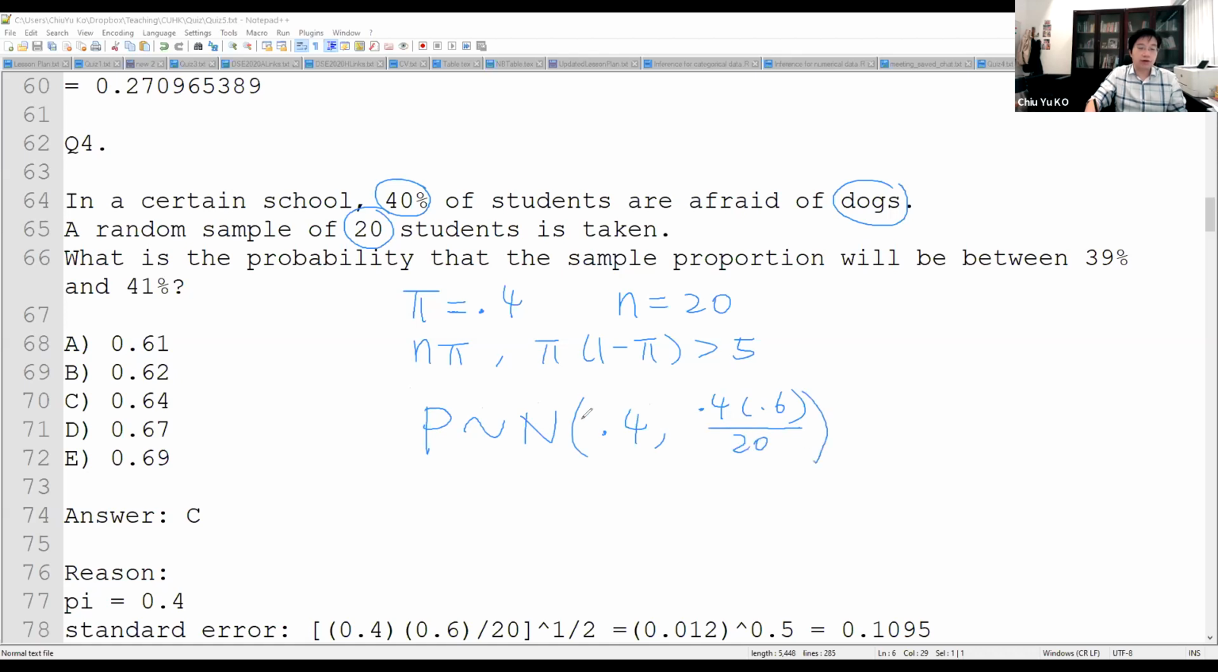Okay, so if a sample of n, the n is 20. This is the sample proportion, right? So the question is asking the probability that the proportion is between 0.41 and 0.39, right? Okay, so as we can see, this is already the